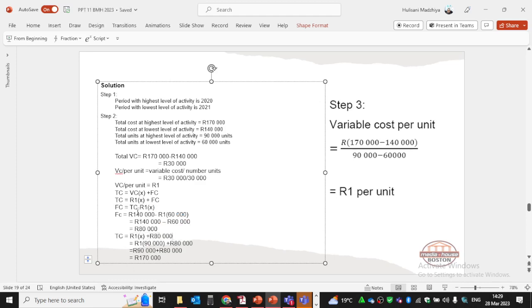You can still use different points here. Let's use the highest point. If we use the highest point, the number of units was 90, so here it's going to be 90, and then here the number of units,